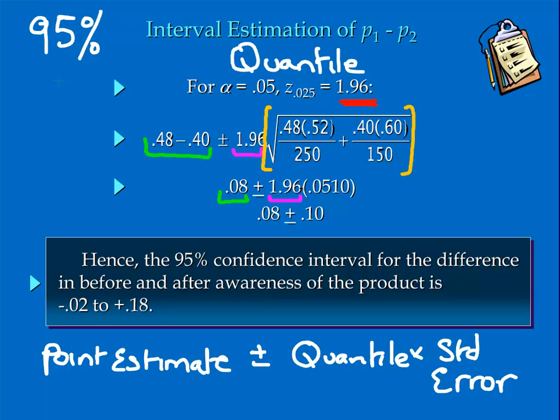How do we compute the standard error? Well, it comes from the formula sheet. You should have a formula sheet, otherwise you have to memorize all of these. The standard error is computed as follows: the square root